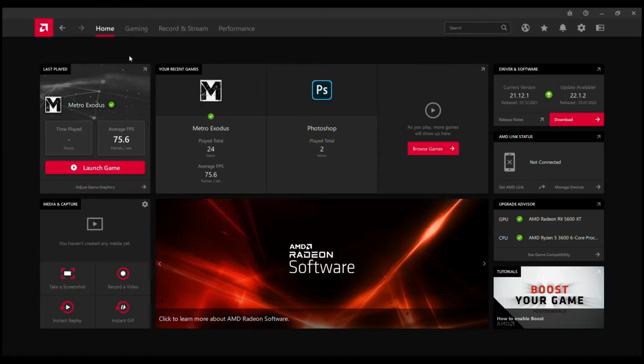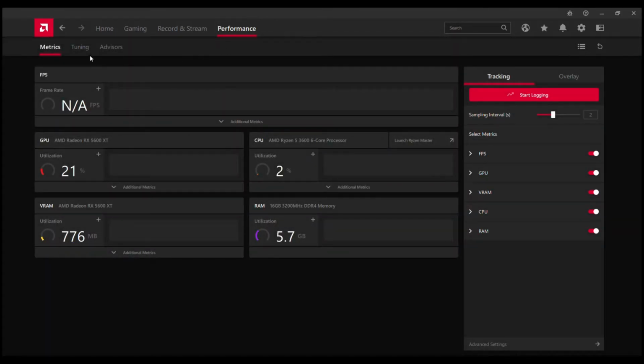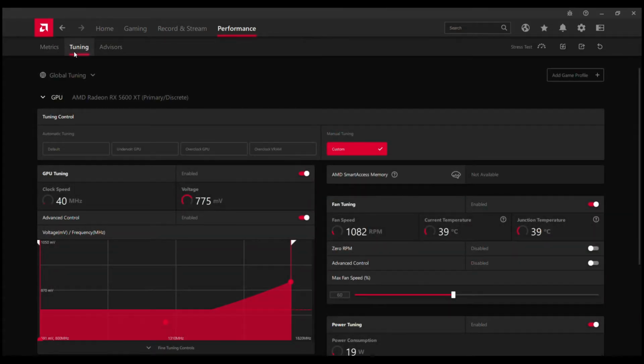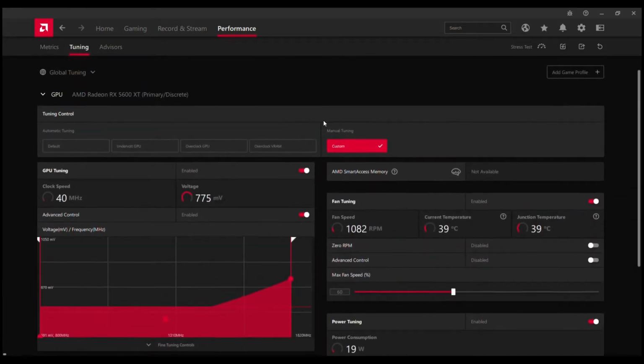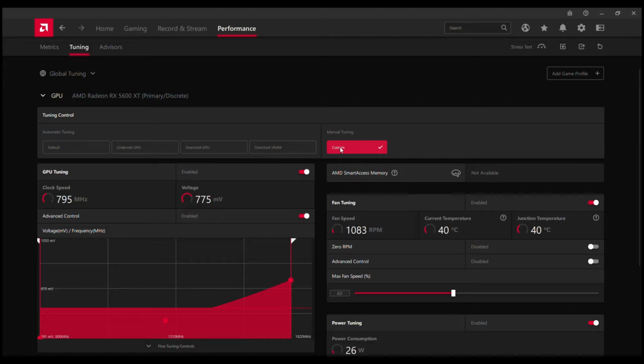So for adjusting voltage and frequency, we launch the AMD Radeon software, switch to the performance tab, then select tuning, and you need to select manual tuning custom. So Radeon software will allow you to select the values that you need.